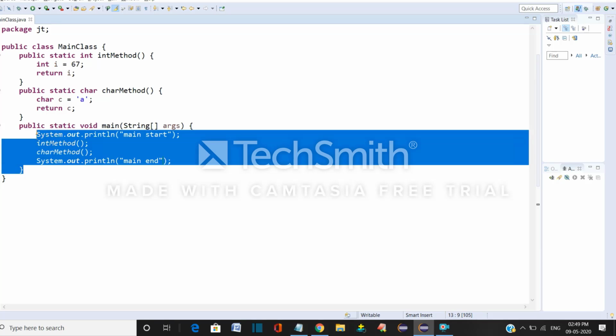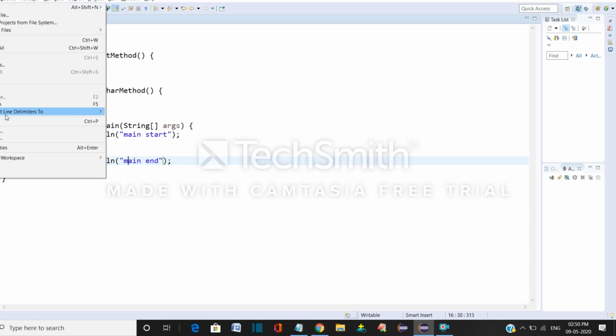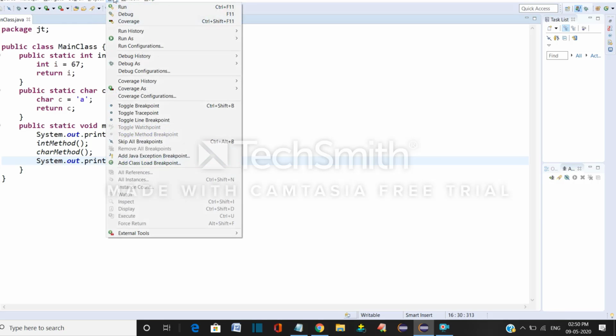This is the implementation of the main method. Now I'll run the program. Before running, press Control S to save your program, then run. This is the run button, or you can go here and run.